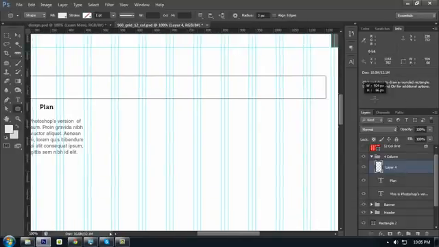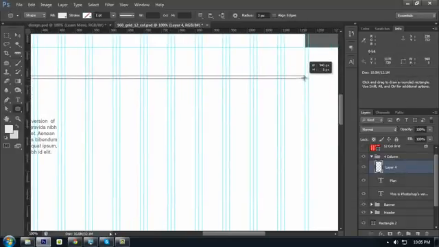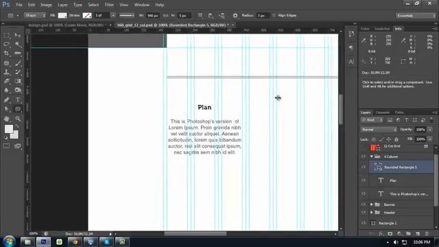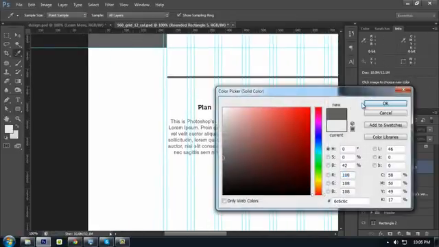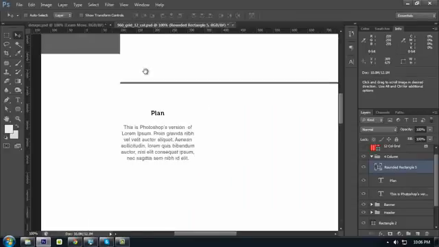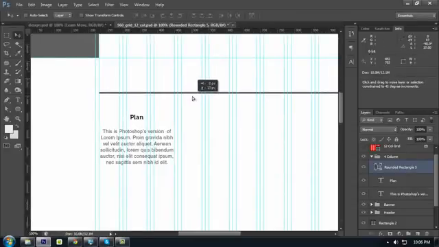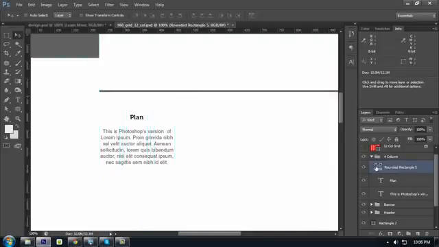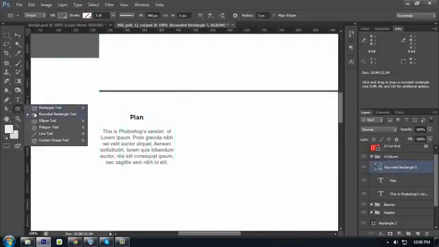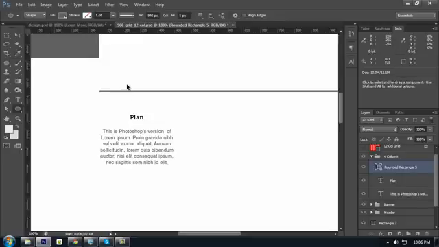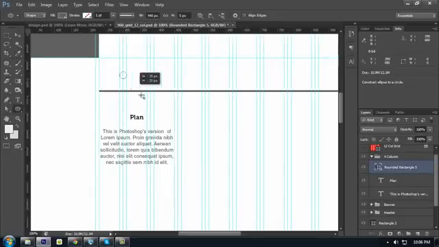First is create this 5 pixels and make it noticeable. Place it like there. Well, it is selected. Switch to ellipse tool, and the size for this will be